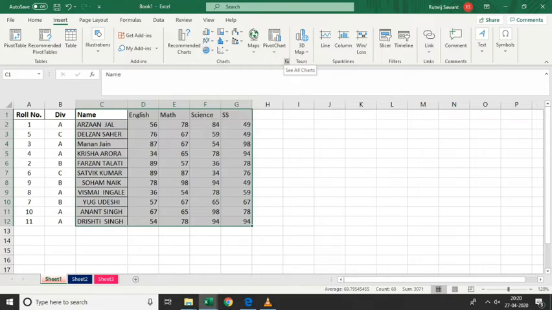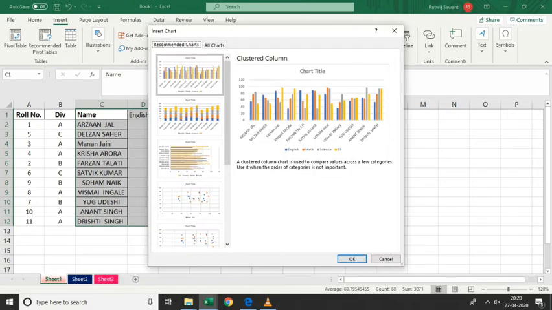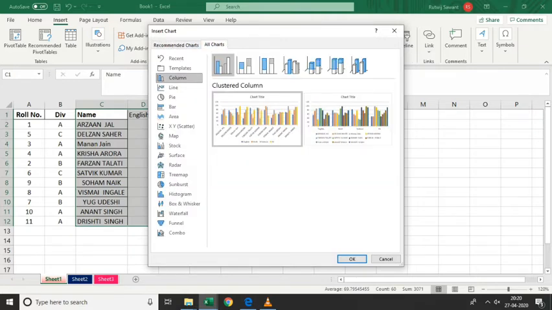As I click on that, you will get one window like this. Now you will click on All Charts. You can see the number of charts which are present. One more thing: my version is different, so that's why you will get so many options.